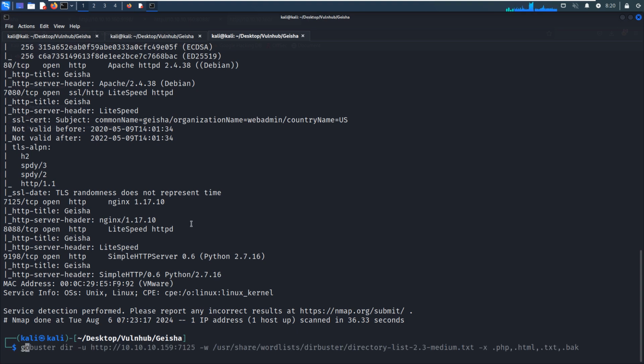And we can use GoBuster to do the directory enumeration for the last port number. Extension option. Press enter.